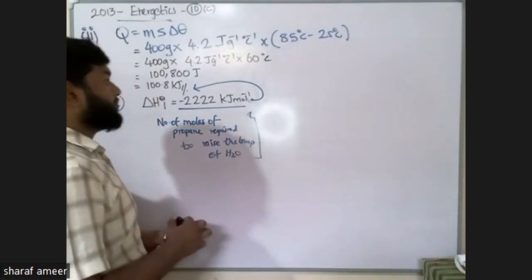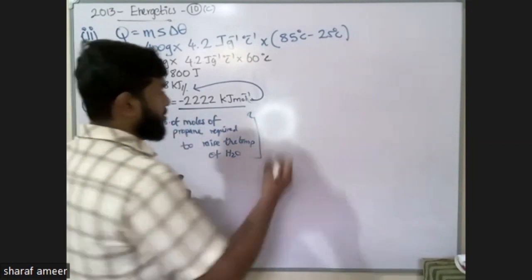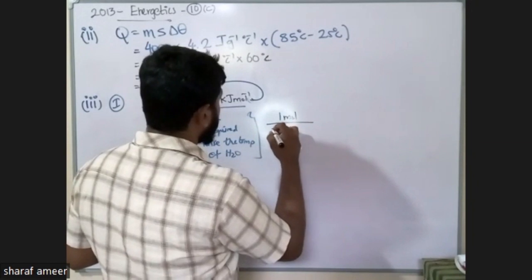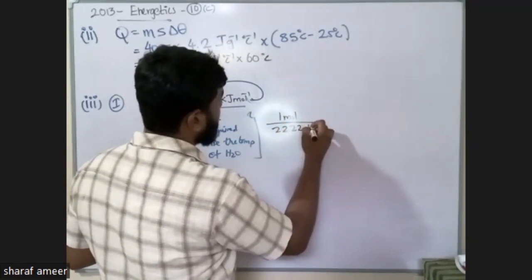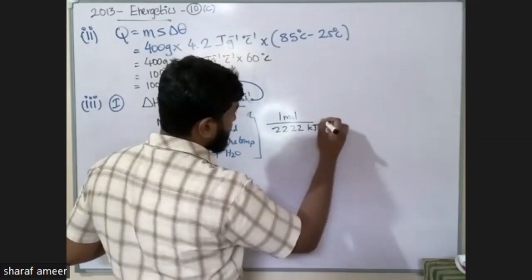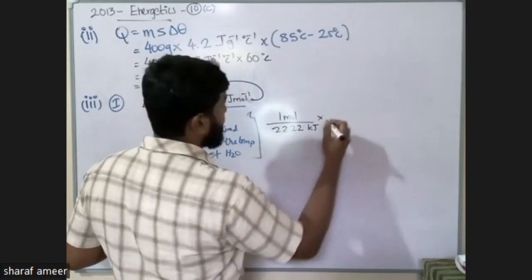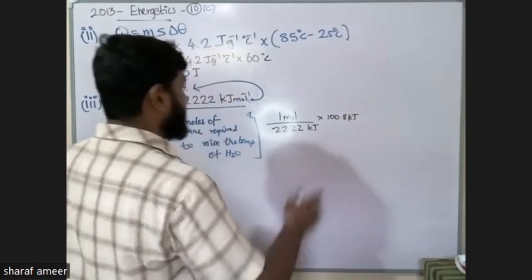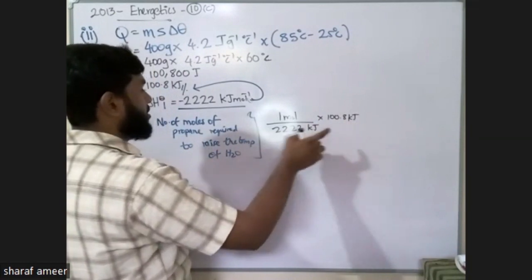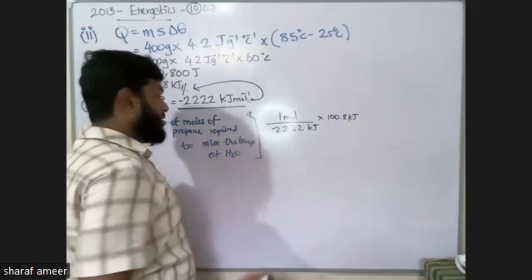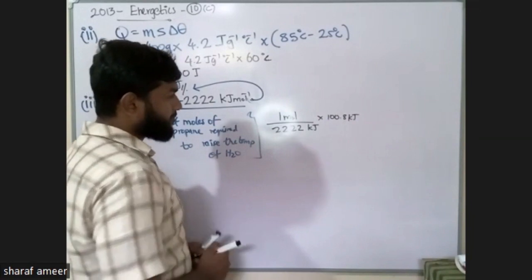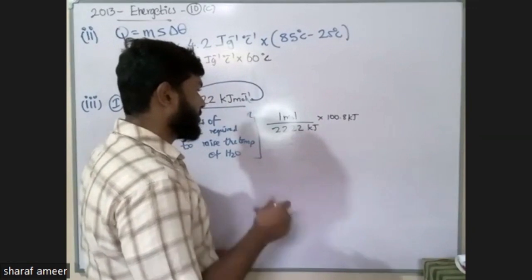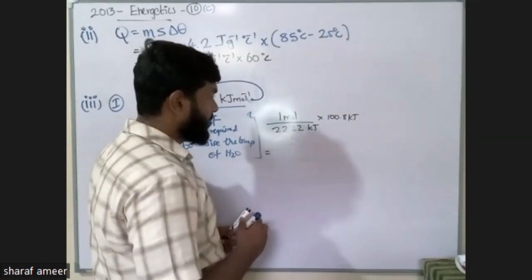So therefore, 1 mole of propane gives 2222 kilojoules of energy. Therefore, if you need 100.8 kilojoules, then you can find out the number of moles of propane needed. Then you can find out the moles of carbon dioxide, then the mass. So by substitution, we can get the answer as